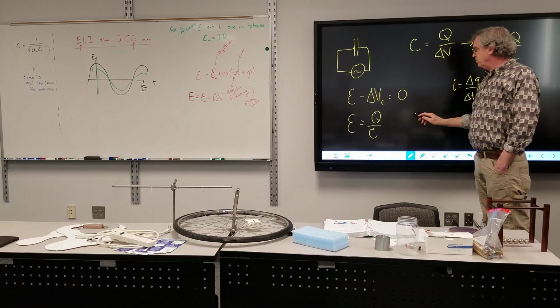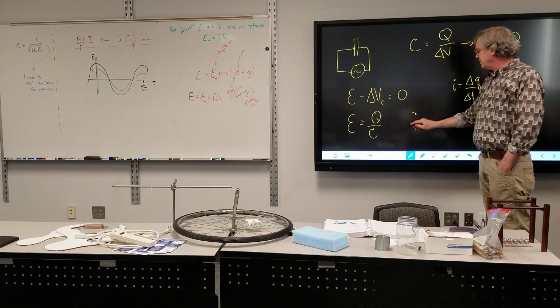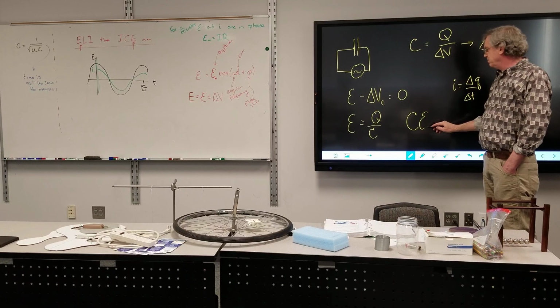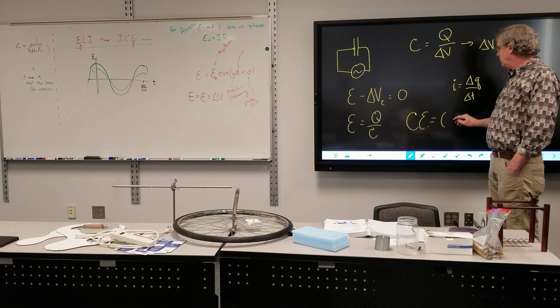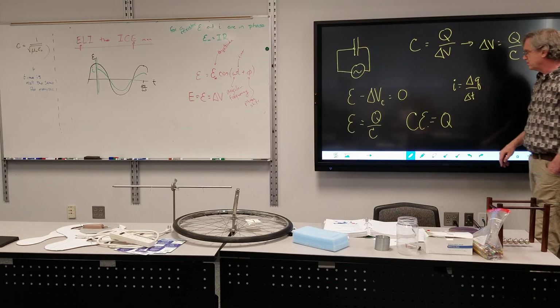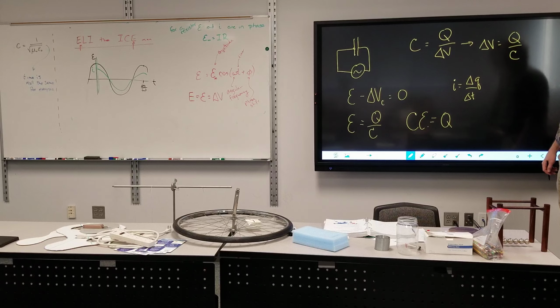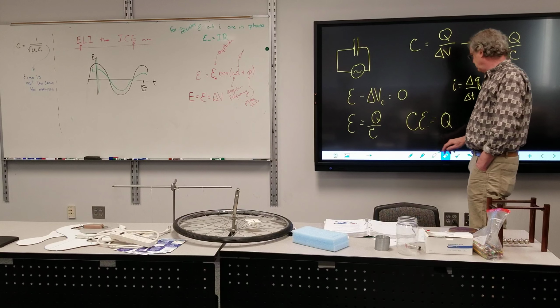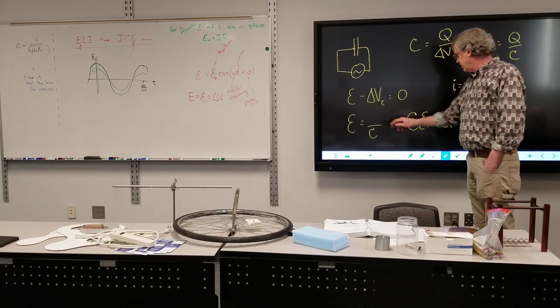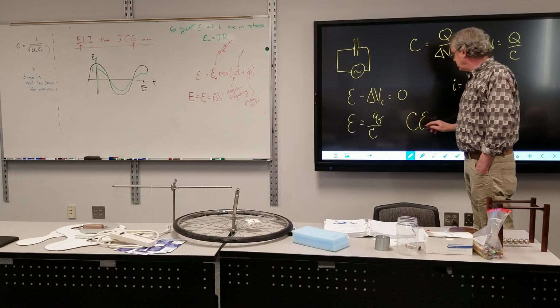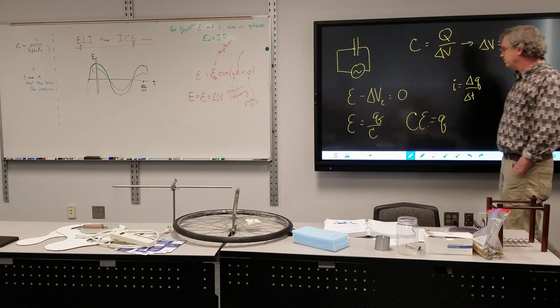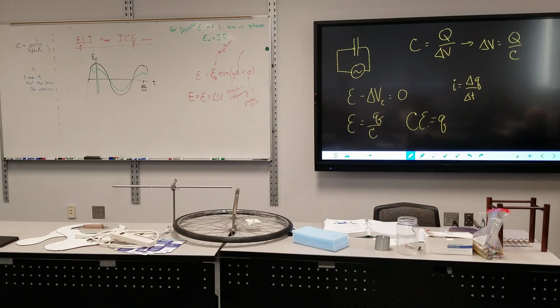So I'll multiply both sides by C, so I have C epsilon is equal to Q. Actually, that Q right there, sorry about the notation mix-ups here. That should also be a lowercase q. Lowercase q, lowercase q. If I plug